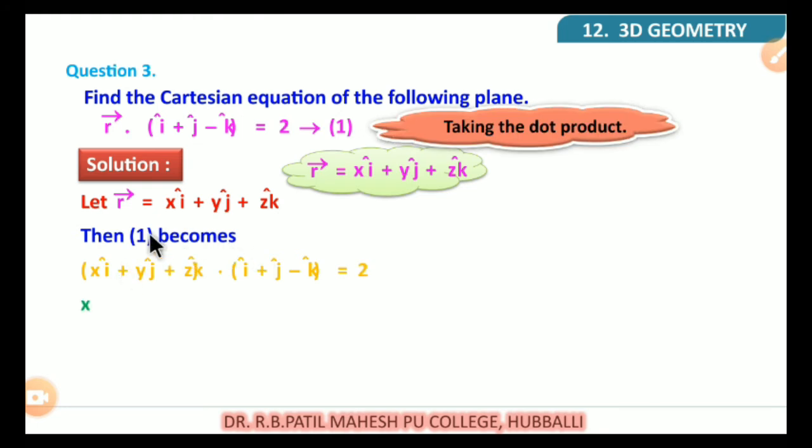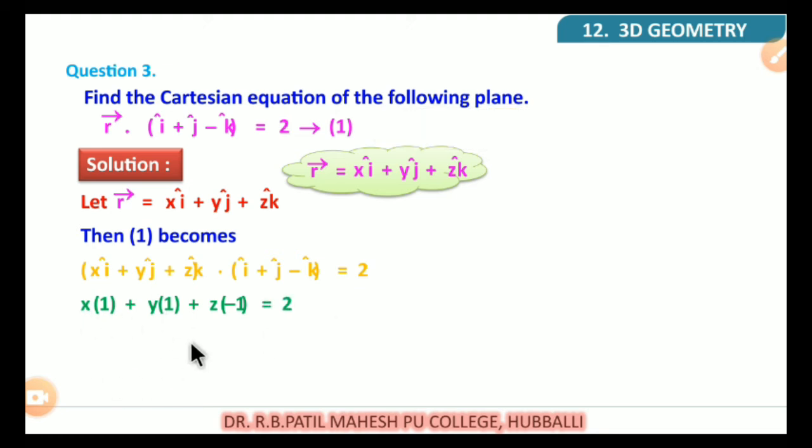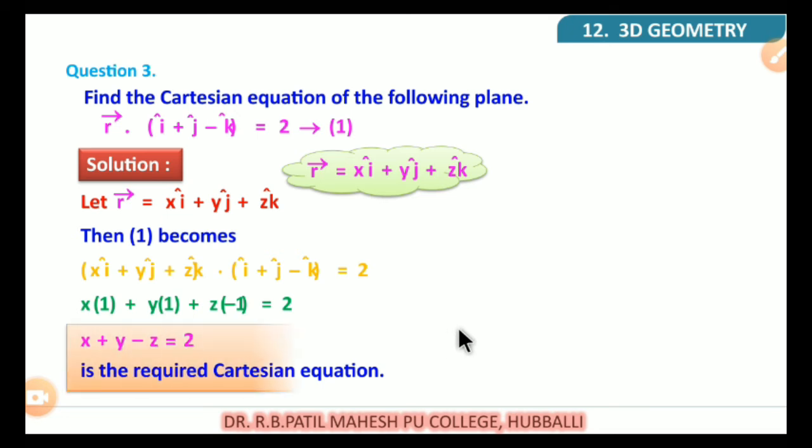Next we have to multiply, that is, we can do the dot product here. So x into 1 plus y into 1 plus z into minus 1 is equal to 2. Now make the simplification, it becomes x plus y minus z is equal to 2. So this is the Cartesian equation of the given plane. So this is the required answer for this question. Let us go for the next